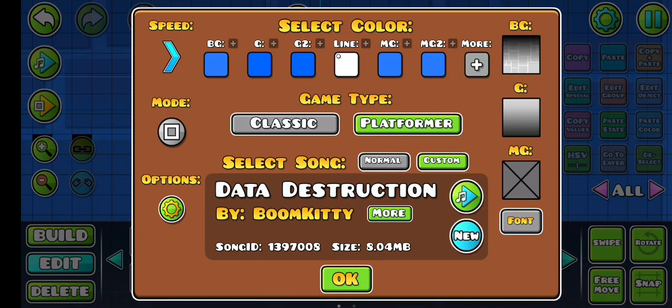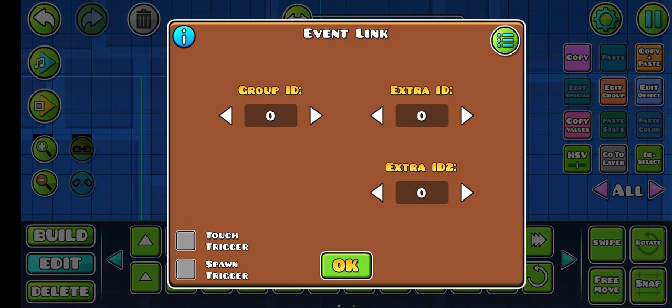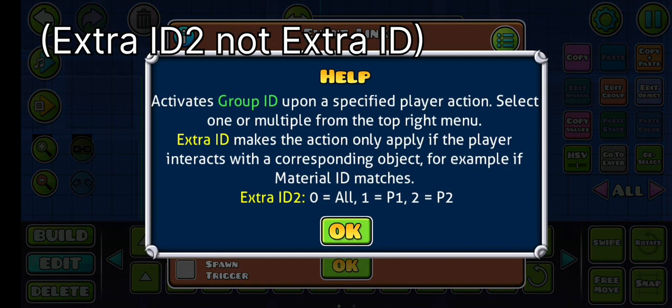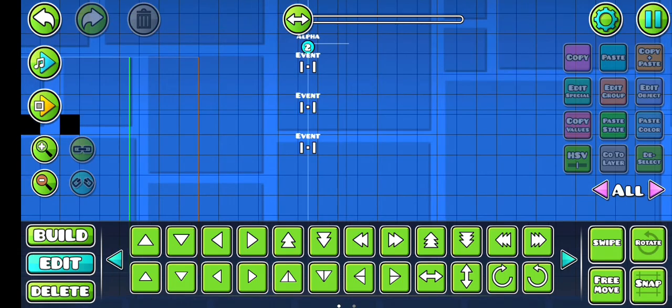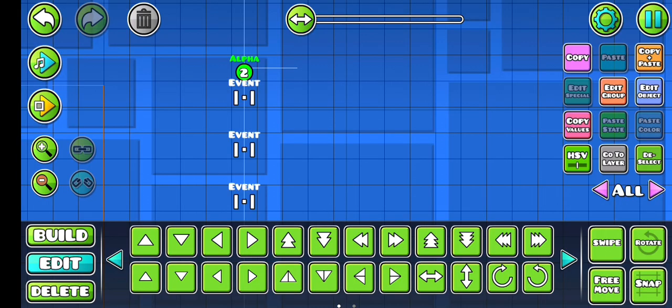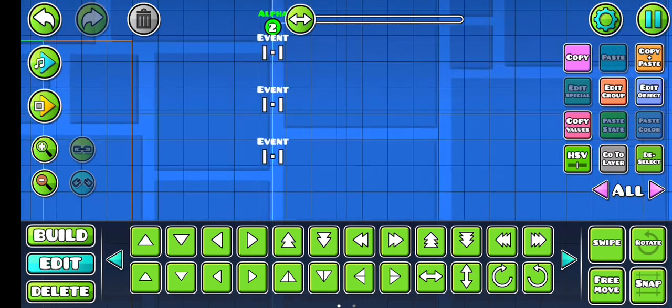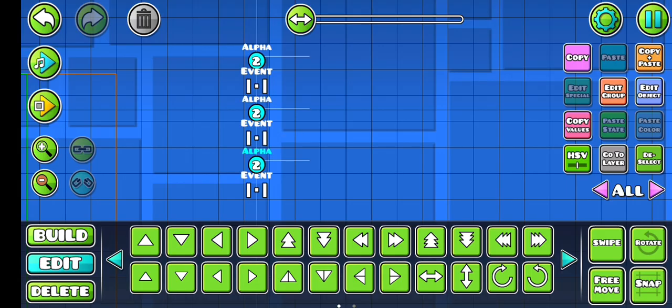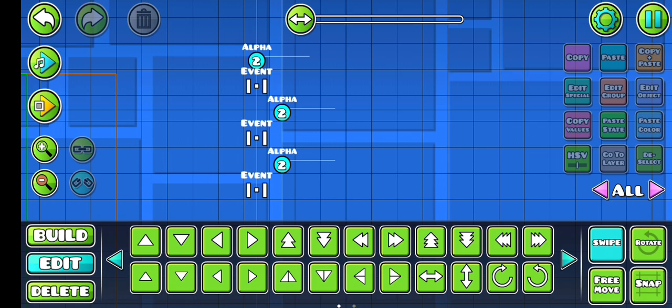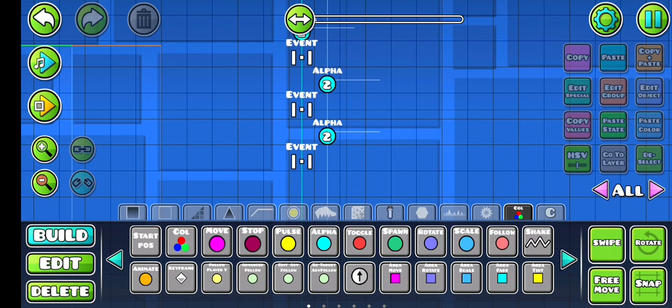And if I had my level as 2-player, it'd be the same thing, but if I want it on the left side, I could set extra ID to 1 for only player 1, 2 for player 2, and whatever, but it's just 1 player, so I'm not going to be too concerned about that. And then here's where we turn it on, and beneath the left and the right, I'm also going to want to turn it off. Then whenever I go left or right, I don't want to keep activating these, so we're going to